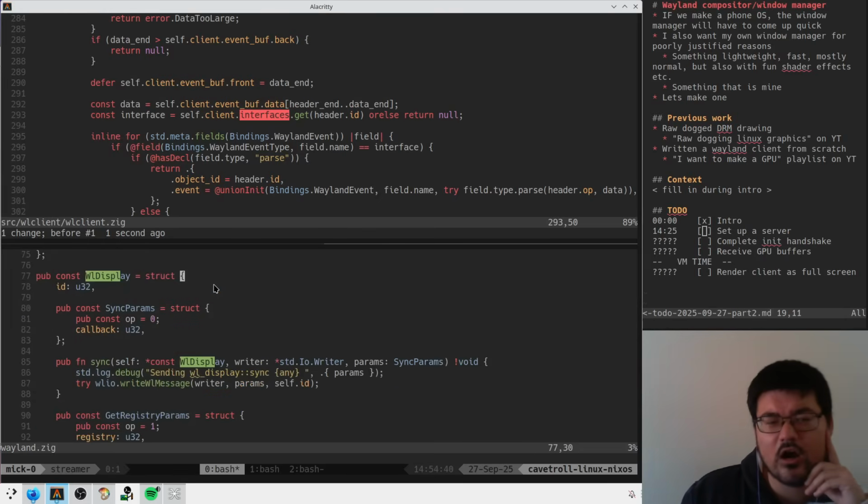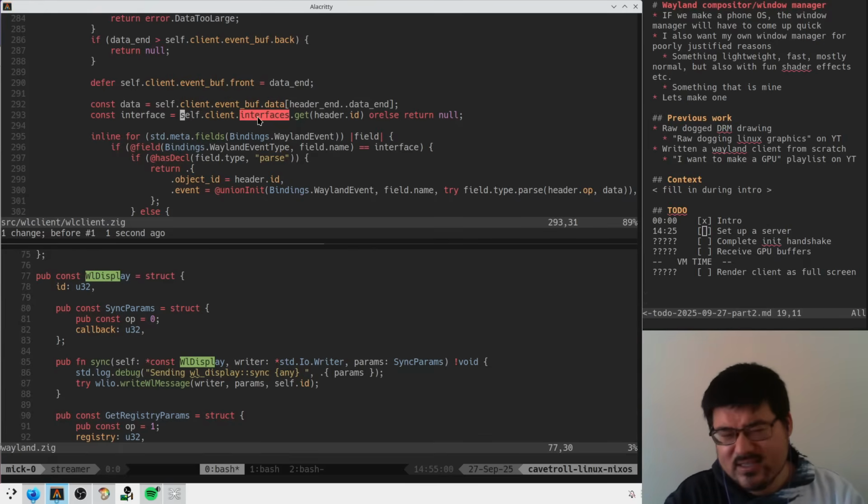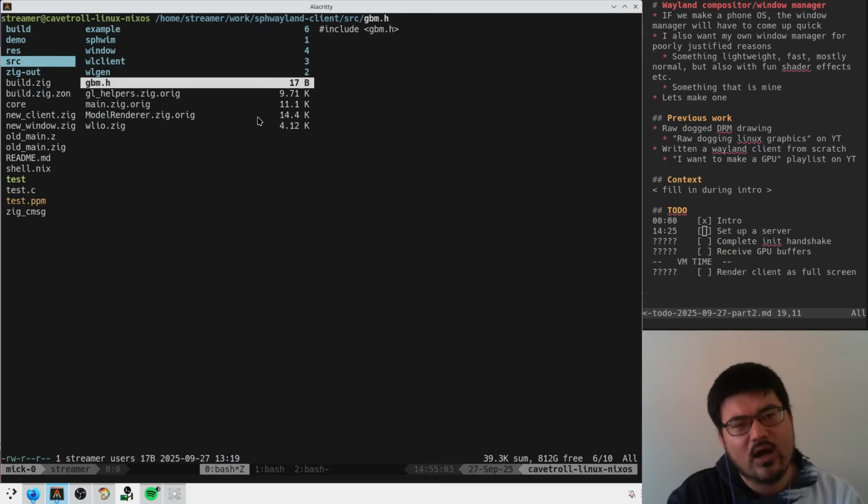And so I think that our code gen here needs to generate, it's almost like we want different generators for the client and server. That's kind of where I'm starting to sit: the Wayland server should have one set of generated code and the client should have another, and they're opposite of each other. So I think that means our existing Wayland code generator here,